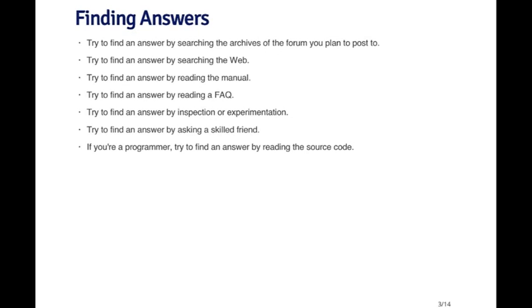So in your search for answers, there are a variety of things that you can do on your own before venturing off to ask other people for the answer. If you're going to be emailing a question to a forum or to a mailing list, it's important that you search the archives of that forum for the answer. It's possible, and depending on the size of the forum, almost very likely, that someone has asked the same question that you're asking. And if someone else has asked that question and it has been answered, then the answer is going to be in the archives of that forum. So if the answer is already there, you'd save everyone a lot of time, including yourself, if you search the archives of that forum and just find the answer.